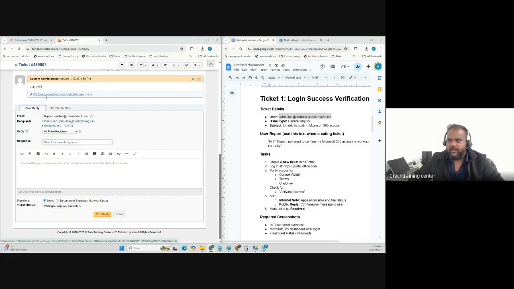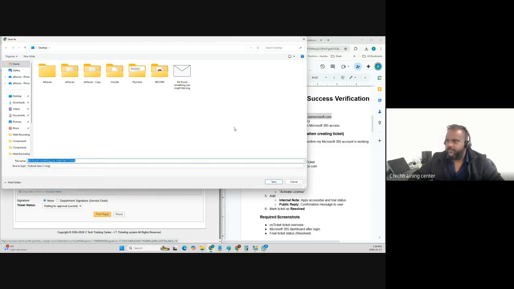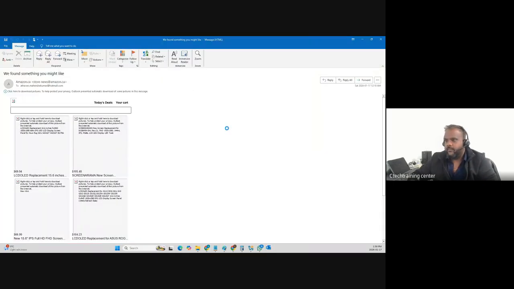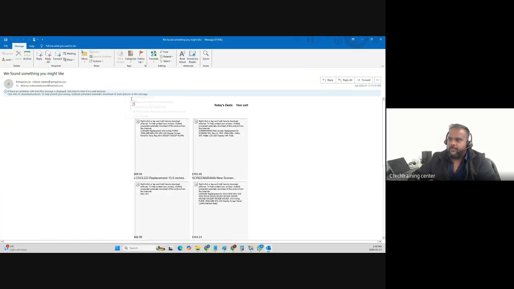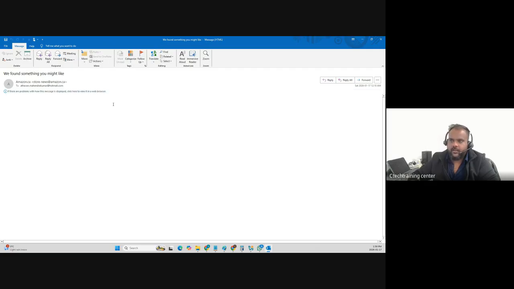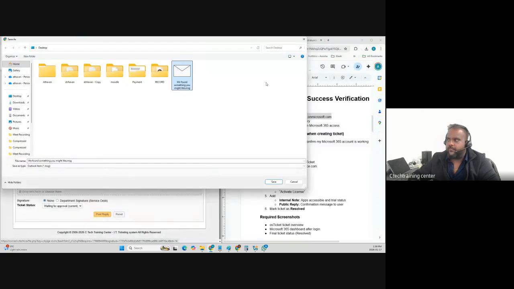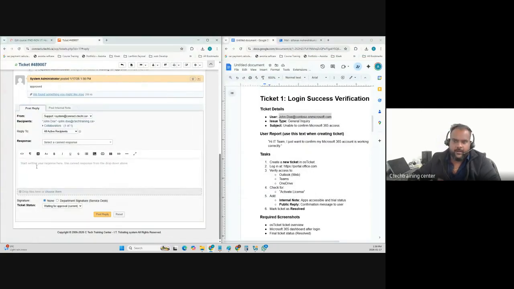I can just open this up. Let's see if I can just open it up. Maybe I don't have the client on my computer. Yeah, so this is just a Microsoft, sorry, Amazon store, right? So you can see I can just reopen the email and see the whole chain of it. Anyways, if I need to prove it, but it's been approved,